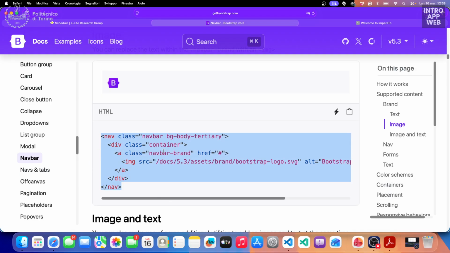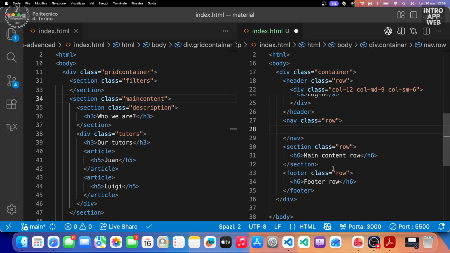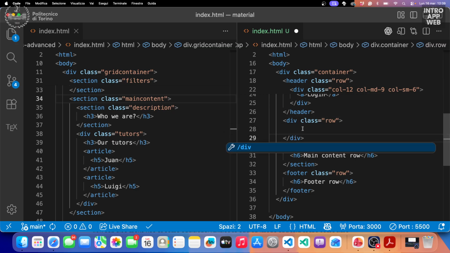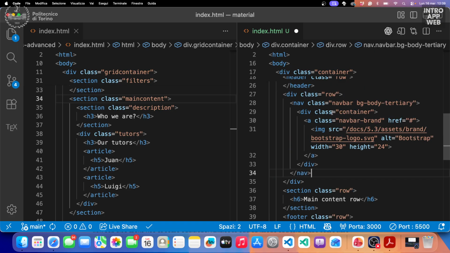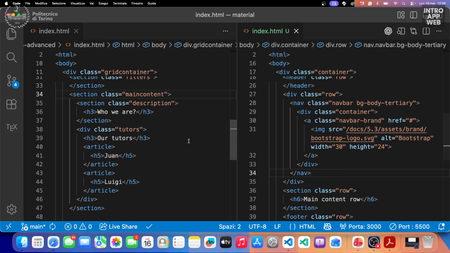So for instance, let's try to use this one and see how it works. So instead of the one that I used before, I will try to use this one. Okay, and why doesn't it work? Because I, of course, don't have that image that they are referencing here. So instead of here, I can paste